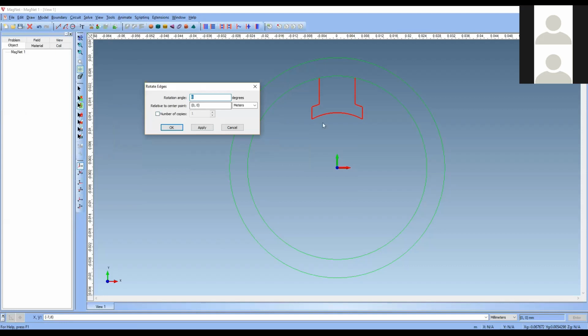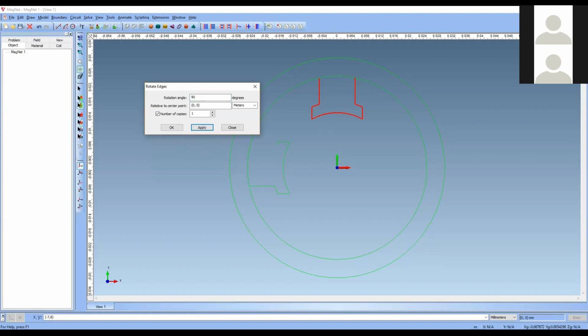Okay, so for example, if you want to make 4 salient poles, then the whole circumference of any circle is 360 degree. So 360 degree divided by 4 number of poles, that will give 90. If you give 90 here and number of copies you enable, and if you apply it at 90 degree, you are getting here.